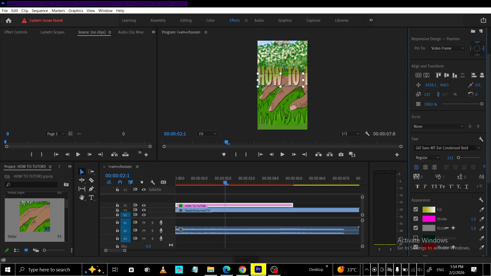Scaling too much can push text close to the edges. As you tweak font size and scale, the program